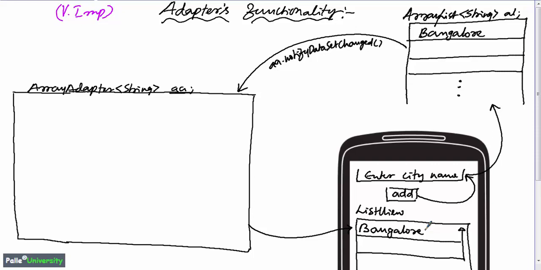Maybe in this example it doesn't look like it makes any sense because this logic is already predefined, but going forward a programmer may need to write his or her own adapter, that is a custom adapter, in which case the same logic written by Google developers in array adapter should be written by the programmer. So for the same reason it makes sense to understand the adapter's internal functionality.